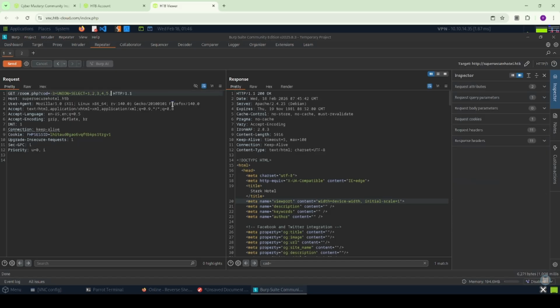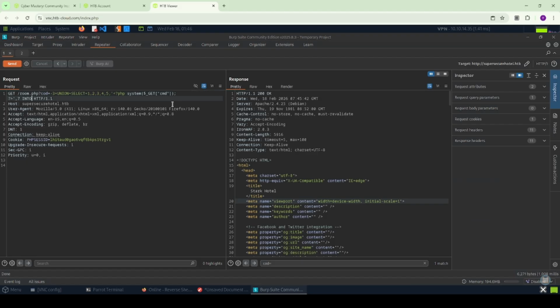I think it is like 5, 6, 7, but Python, sorry, PHP web shell, PHP system, and 7, and the output file will be stored in